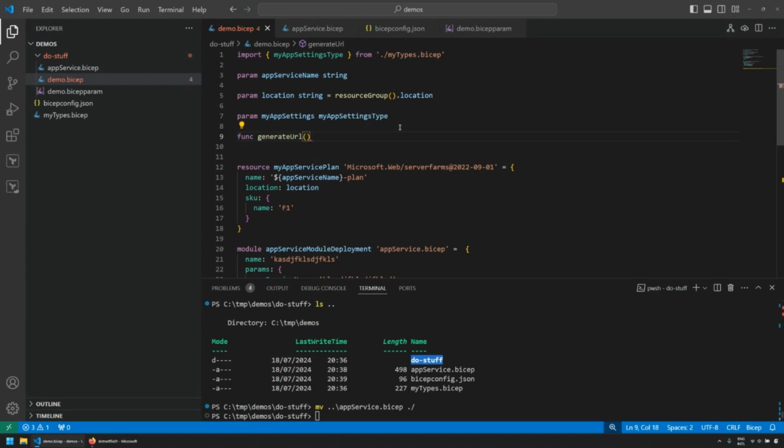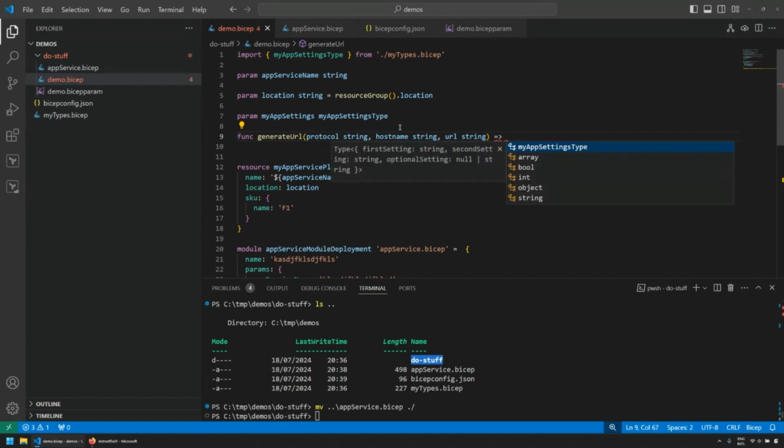I'm going to take a parameter, which is protocol, which is a string, a host name, which is a string, and then the URL, which is also a string. Then the output of this function should once again be a string, and that should be protocol.